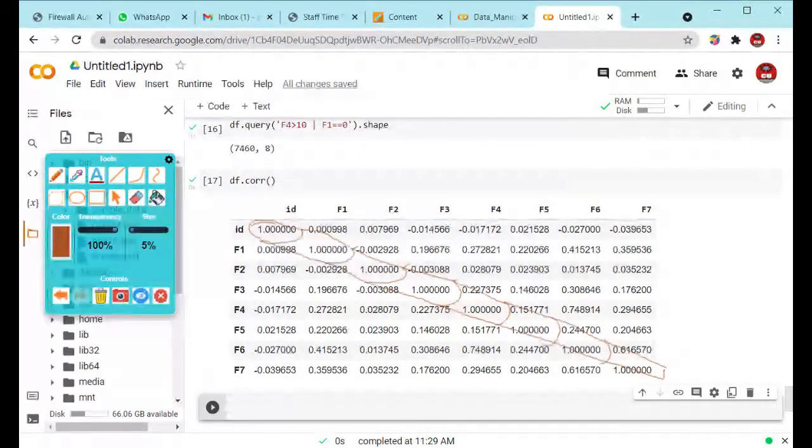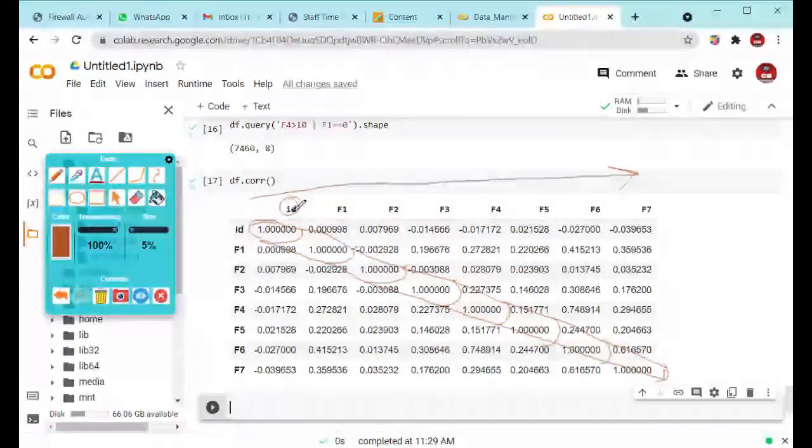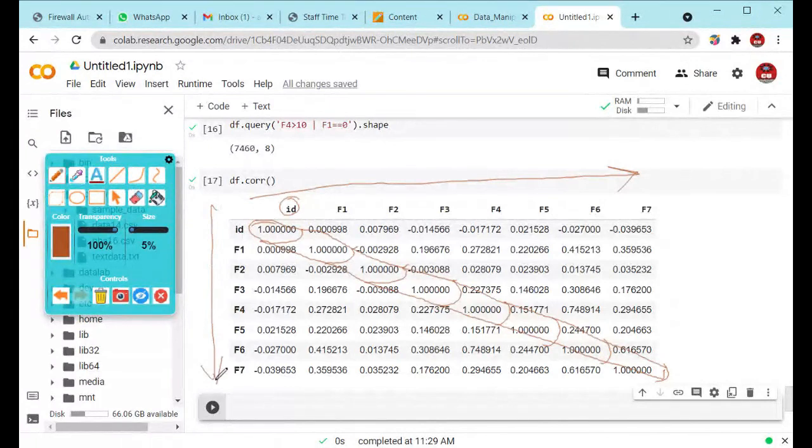So how can you find it out? On the x-axis you will find the id to f7 columns, and on the y-axis the similar columns are used. If you correlate this id with the id, you will get maximum correlation right here. If you match this f1 with the f1, then maximum correlation will appear. Similarly, it will happen with f2, f3, and so on.